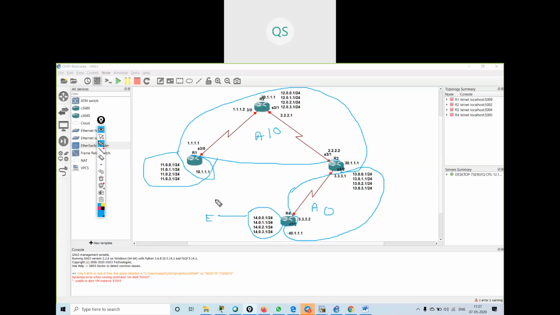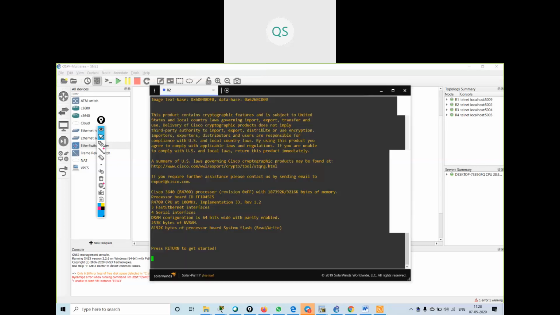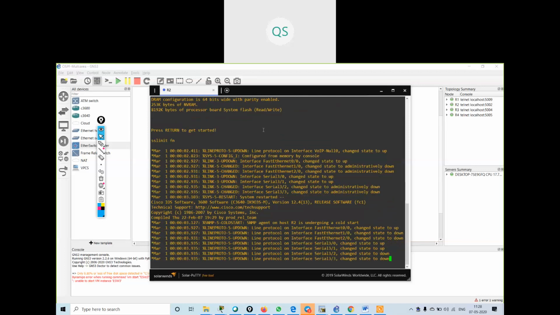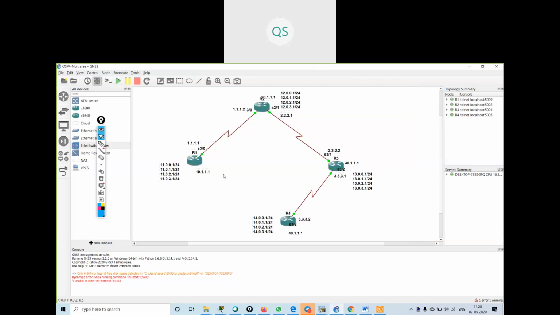Okay. So now I will make the configurations on the routers. Start all the routers. I will take console for all the routers.